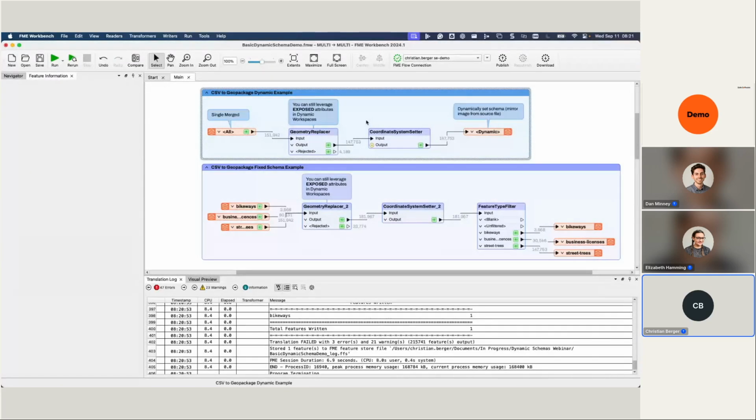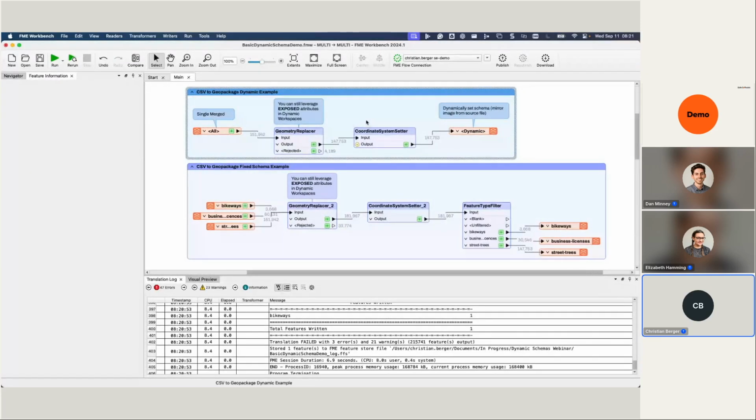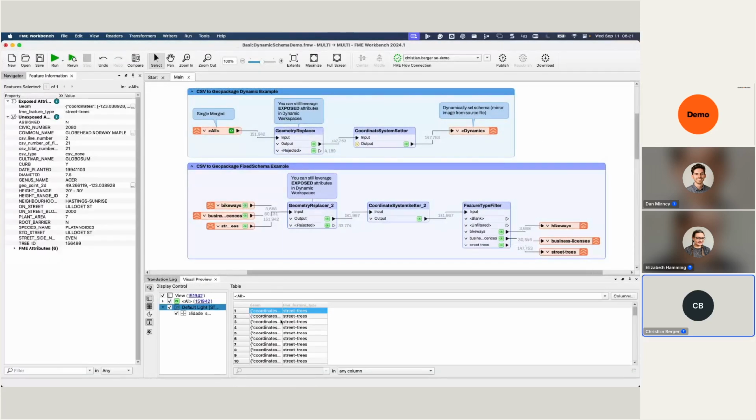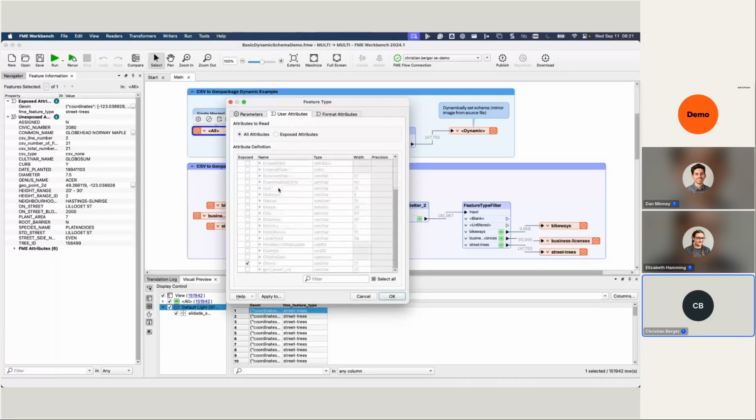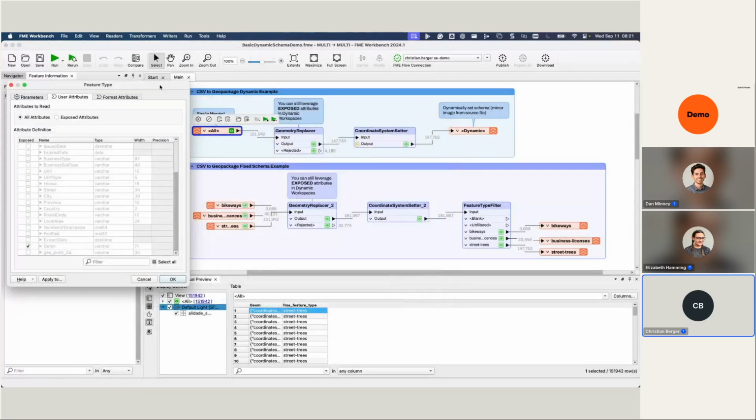Could obviously go to an individual GeoPackage table as well. I'll just view here that in this case, I've exposed only a single geometry attribute just to show the use case of you can still actually leverage exposed attributes on the canvas if needed. They don't have to be very basic bare bones workspaces where it's only a reader and a writer. You can still use those transformers to perform specific actions if the schema has a common attribute across all of